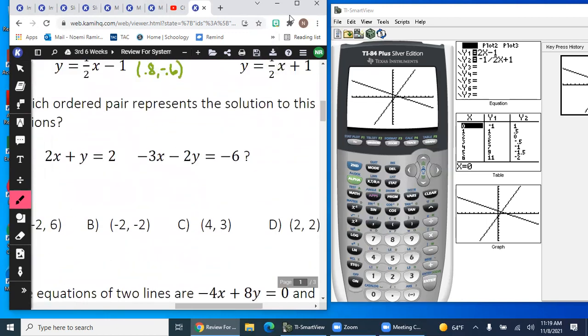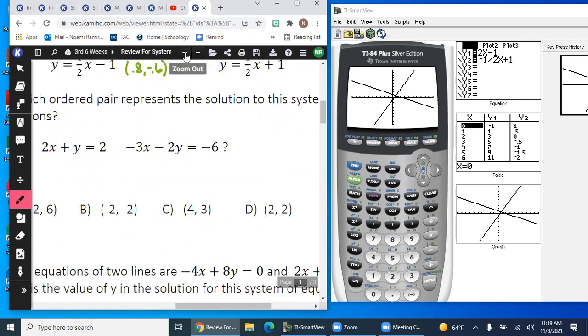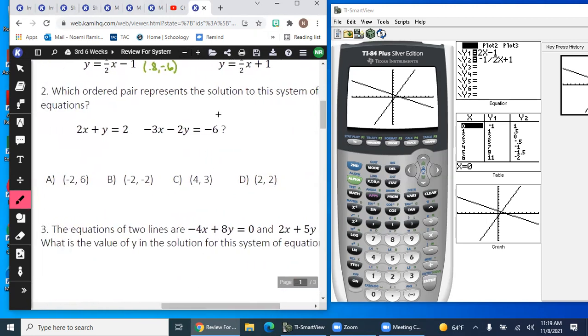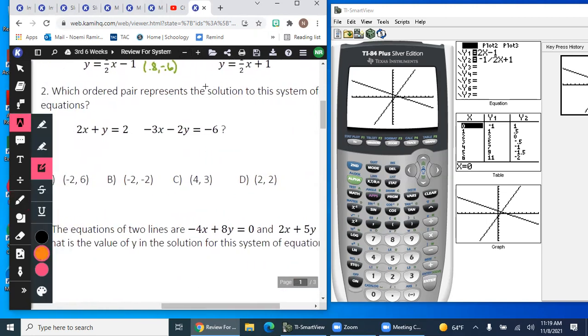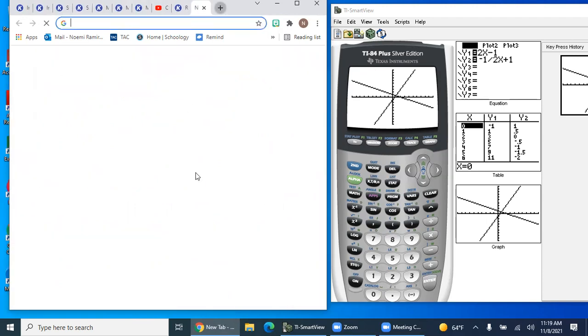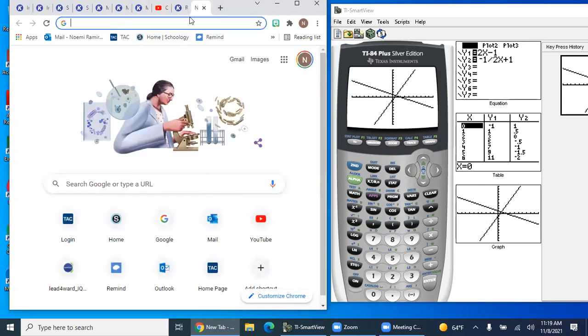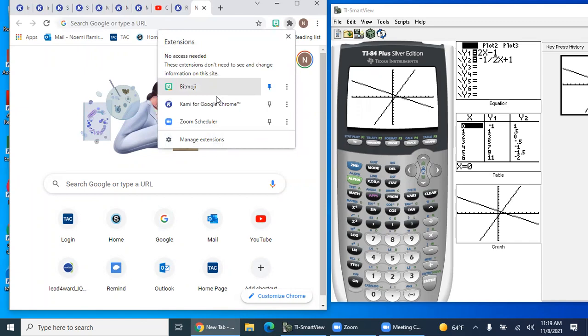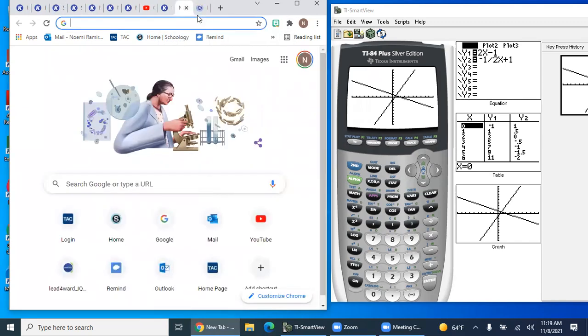Which ordered pair represents the solution? Now, I guess I have to zoom out. We know that the solution to the system is the point where they cross. Now, if I look at my equations, both of those have x and y on the same side. Let me see if I can open up. I need to open up my